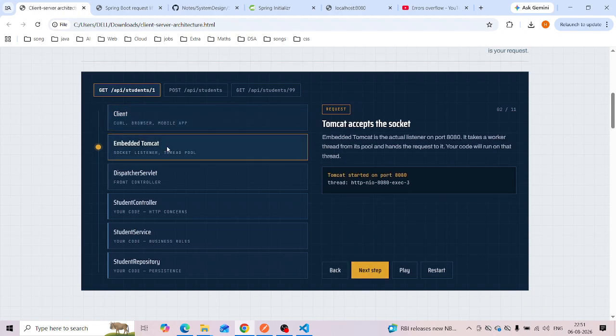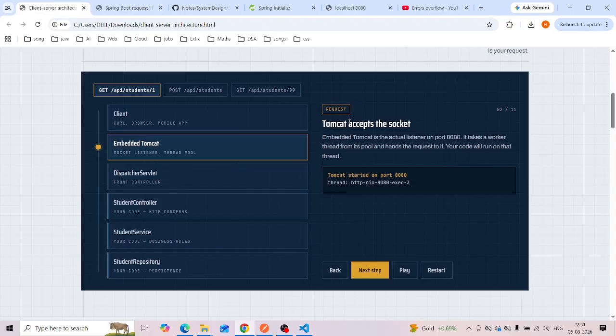Next, embedded Tomcat accepts the socket. Embedded Tomcat is the actual listener on port 8080. It takes a worker thread from its pool and hands the request to it. Your code will run on that thread.